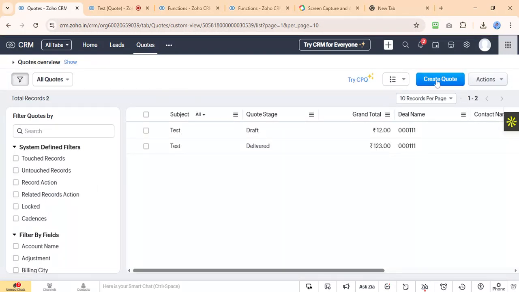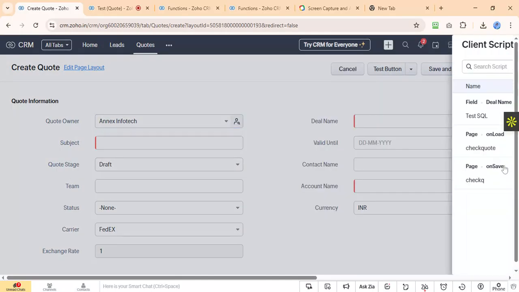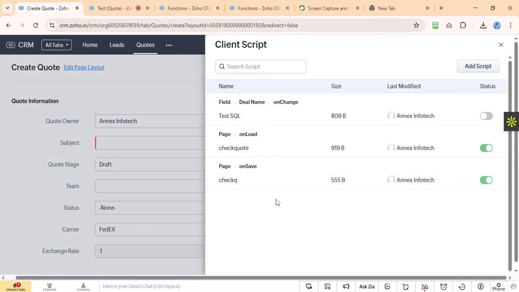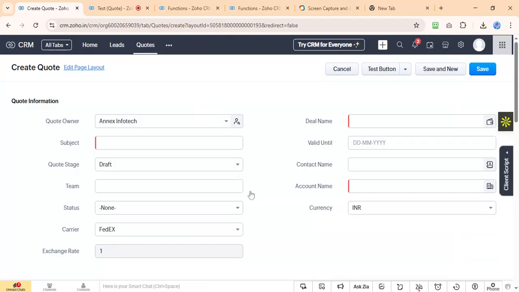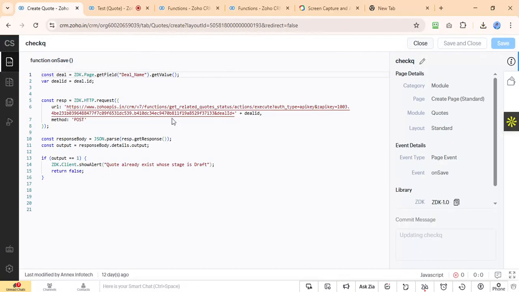Now I will show you how I am calling this function in my client script. I have written a client script on edit, which is called on save. It is written on the edit page. In this client script, I get the deal name, value, and the deal ID.